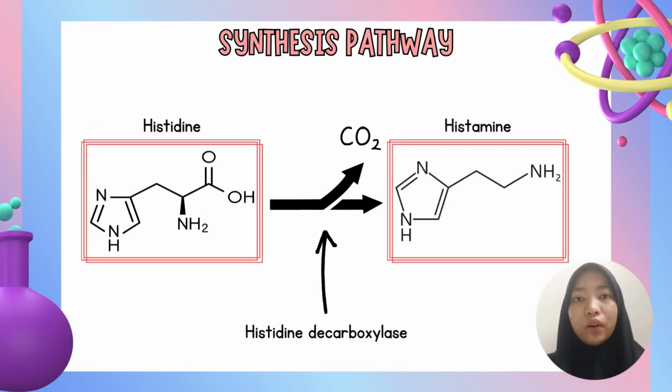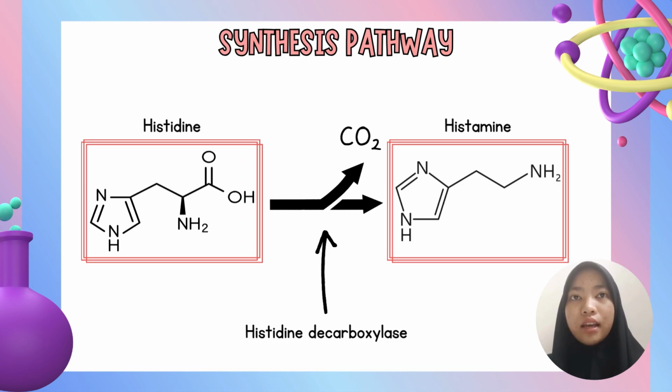Moving on to the synthesis pathway of histamine. Its starting molecule is L-histidine, an essential amino acid obtained from dietary sources or protein metabolism. Then, the key enzyme histidine decarboxylase catalyzes the removal of the carboxyl group COOH from L-histidine. This reaction requires pyridoxal phosphate (PLP) as a cofactor, which is derived from vitamin B6. Histidine decarboxylase activity can be upregulated by allergens or immune triggers and acetylcholine in the stomach. The resulting histamine is stored in granules within mast cells and basophils or used immediately in neurotransmission or gastric acid secretion. Excess histamine or feedback from its downstream effects can inhibit further synthesis.